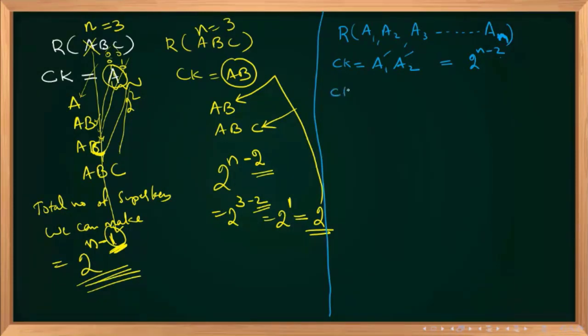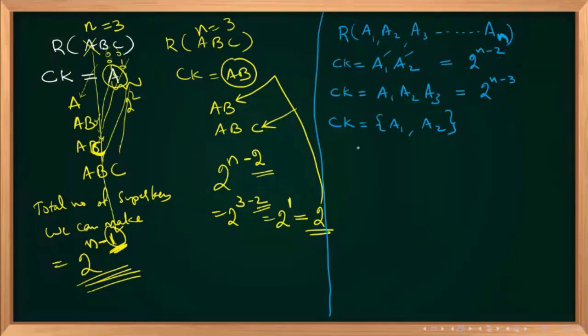Now I am writing candidate key is equal to A1, A2, A3. How many super keys? 2 power, right, remaining? 2 power n minus 3. Very good. N minus 3. Now I am modifying. Candidate keys are A1, A2. 2 candidate keys are there. Now the answer is? 2 candidate keys, same question. A1, A2, A3 up to AN, 2 candidate keys.